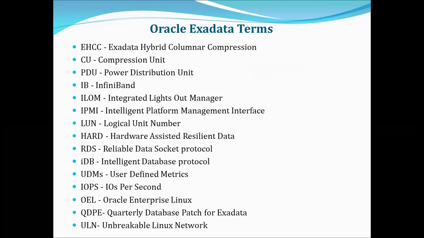EHCC: Exadata Hybrid Columnar Compression, CU: compression unit, PDU: power distribution unit, IB: InfiniBand, ILOM: Integrated Lights Out Manager, IPMI: Intelligent Platform Management Interface, LUN: logical unit number, HARD: hardware assisted resilient data, RDS: Reliable Datagram Sockets protocol, iDB: Intelligent Database protocol, UDM: user defined metrics, IOPS: input output per second, OEL: Oracle Enterprise Linux, QDPE: quarterly database patching for Exadata, ULN: Unbreakable Linux Network,